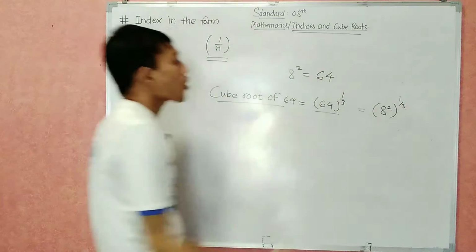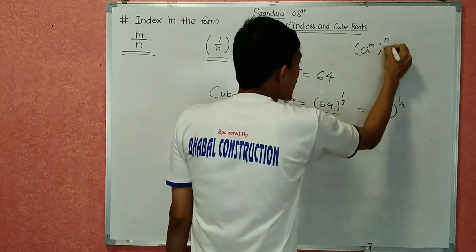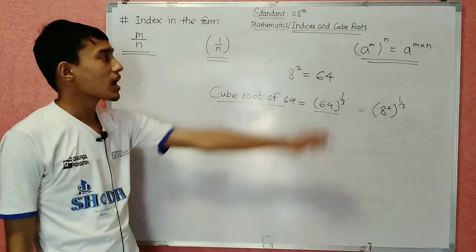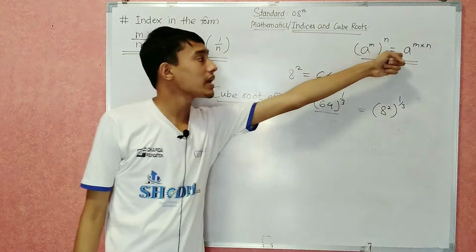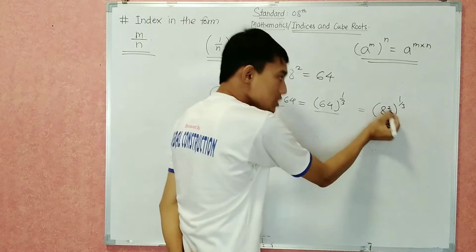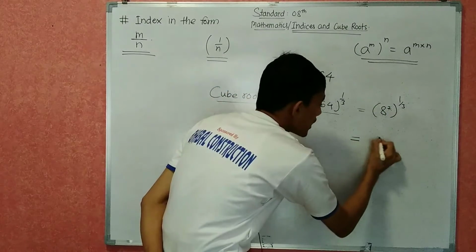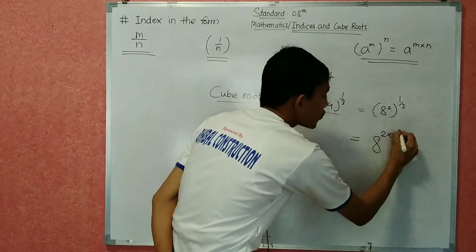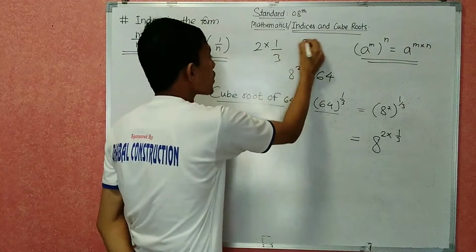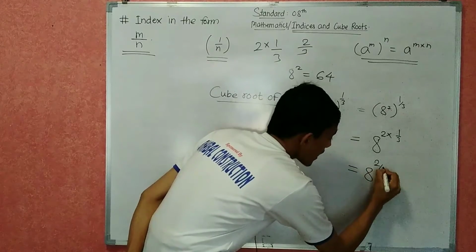Now there is one more formula or law of indices, that is a raised to m raised to n equals a raised to m into n. एक फॉर्मूला है इंडाइसेस का, वो क्या है? a raised to m raised to n क्या होगा? a raised to m into n होगा. तो यहाँ पे भी आप लोग देख सकते हैं कि a raised to m raised to n है हमारे पास, तो हम लोग ये फॉर्मूला यूज कर सकते हैं. तो हम लोग क्या लिख सकते हैं इसको? 8 raised to 2 into 1 by 3 लिख सकते हैं. So 2 into 1 upon 3 क्या होगा? 2 by 3 हो जाएगा. So I can write 8 raised to 2 by 3.